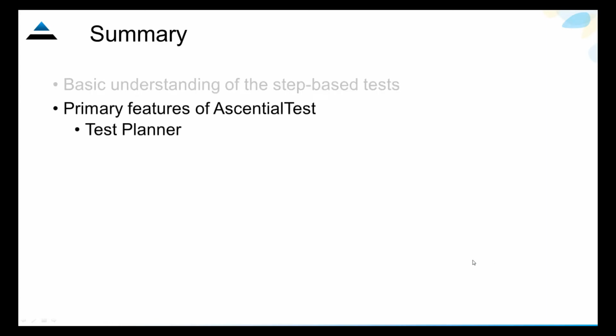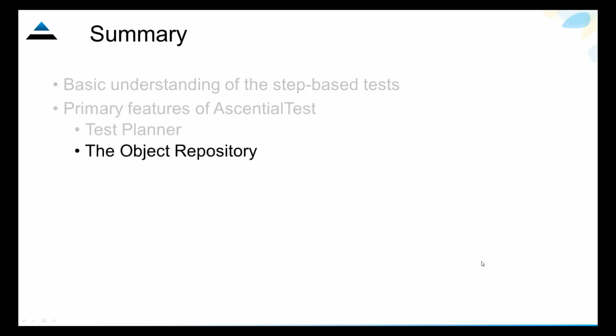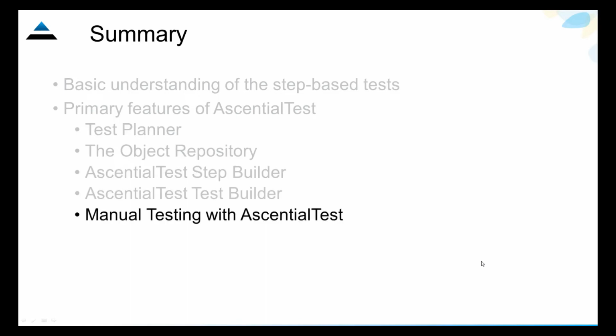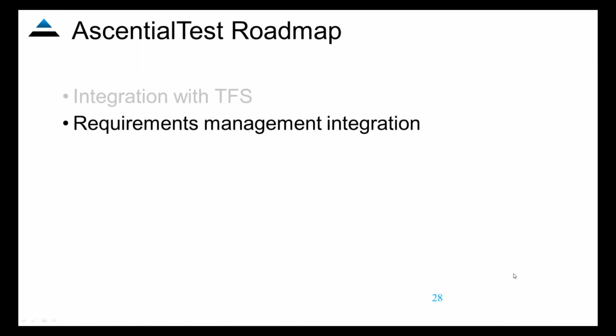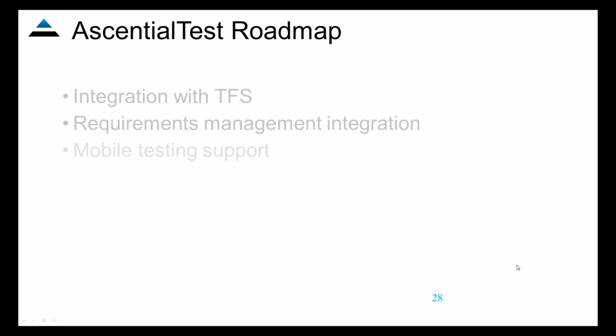In summary, I've given you a basic understanding of the step-based approach. We've looked at the primary features of AscentialTest, including the test planner, the object repository, the step builder, and the test builder. We also looked at manual testing with AscentialTest, and finally, test execution management. We're in the process of integrating with TFS right now. We're also going to be looking at integrating with requirements management, and next year we'll be supporting mobile platforms as